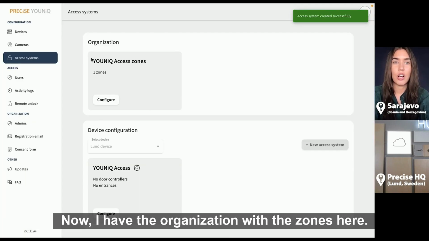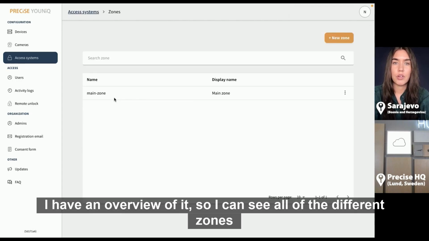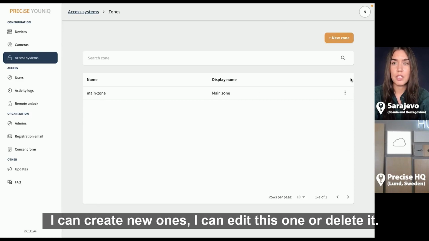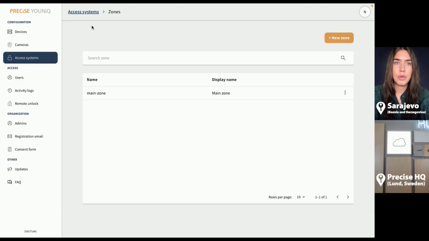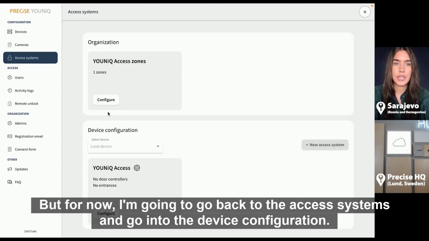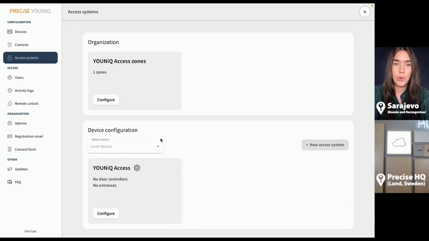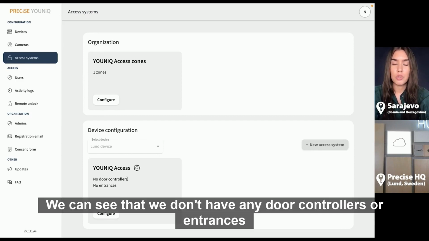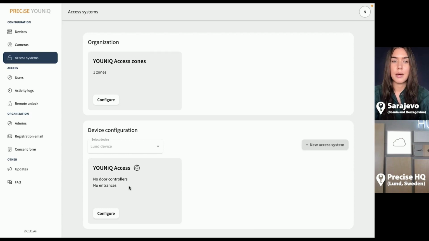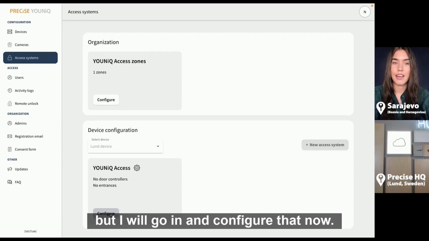Now I have the organization with the zones in here. I have an overview of it, so I can see all of the different zones. I can create new ones. I can edit this one or delete it. But for now, I'm going to go back to the access systems and go into the device configuration. We can see that we don't have any door controllers or entrances, but I will go in and configure that